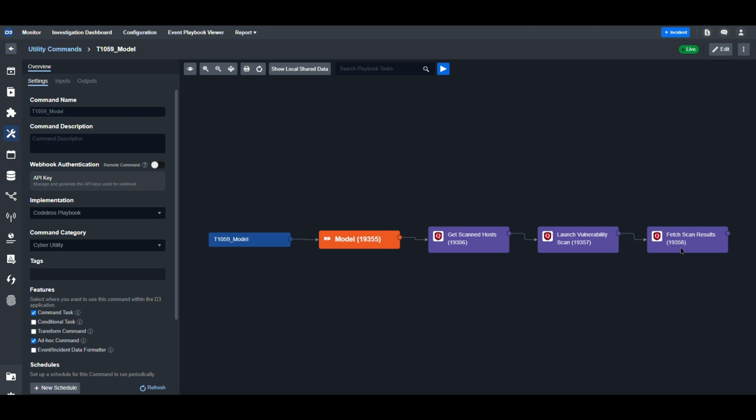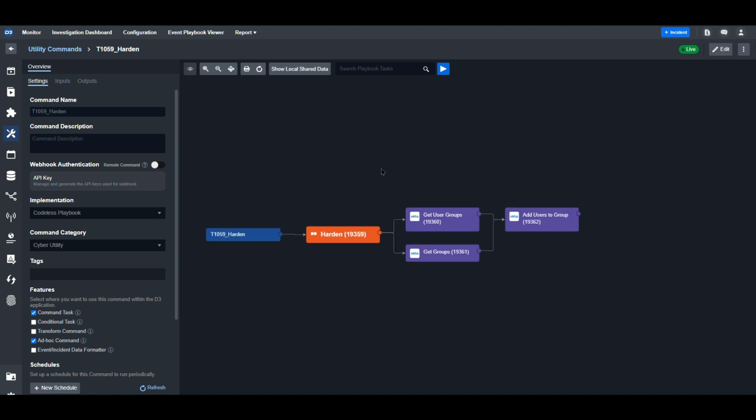most critical vulnerabilities. If a compromised account has been confirmed, permission restriction is the next stage of the Defend framework. An identity and access management tool can be used to view user permissions, available groups, and limit access to files, applications, or devices. In this example, we use Okta to execute these tasks. Get user groups and get groups pulls in a list of all available groups in the organization and which one the user is a part of. Using this information, SOC analysts can add and remove users to various groups depending on the level of access they need. This workflow simplifies user management by centralizing permission control and helps maintain a structured approach to identity and access